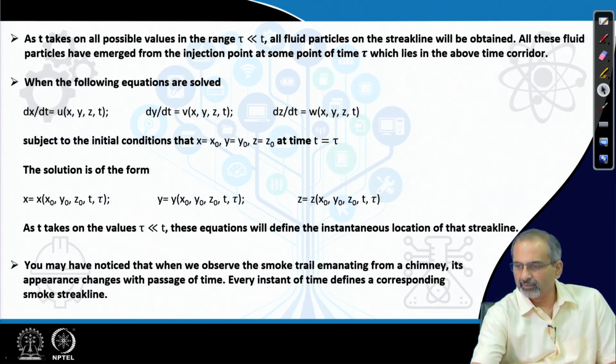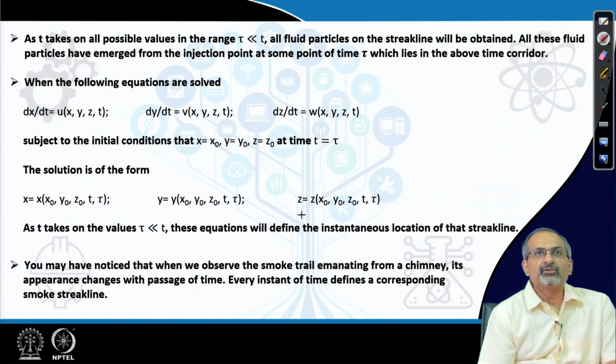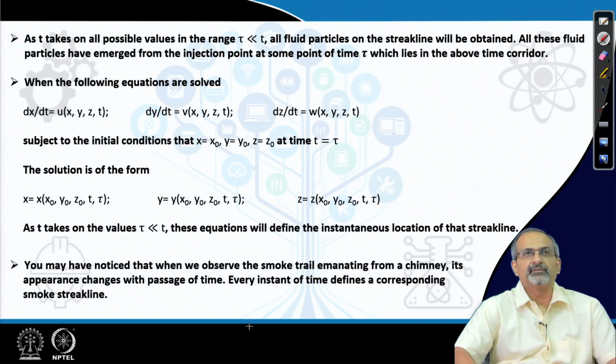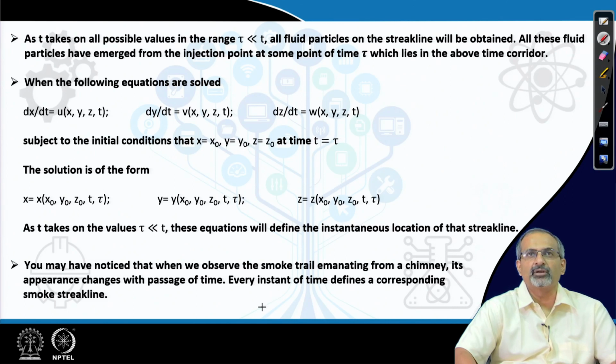As t takes on all possible values in the range tau less than or equal to t, all fluid particles on the streak line will be obtained. All these fluid particles have emerged from the injection point at some time tau, which lies in the above time corridor. So, when you solve these equations, finally,